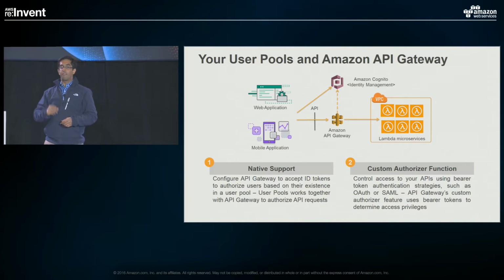But if you want a little bit more of a finer-grained approach, you can leverage the custom authorizer feature, which essentially is a feature that fires off a Lambda function and takes in as an input a bearer token. So in this case, it would use our identity token. And you can parse out those attributes and write the logic to give finer-grained access control based on the attribute data of the user. So you can say if the user is an admin, they get access to all the APIs. If they're a regular user, they would obviously get access to a subset of the APIs. So that's the integration between user pools and API Gateway, and that was option one in the authorization context.